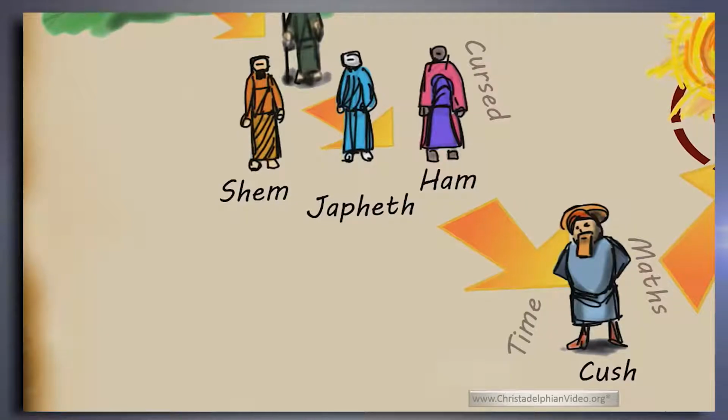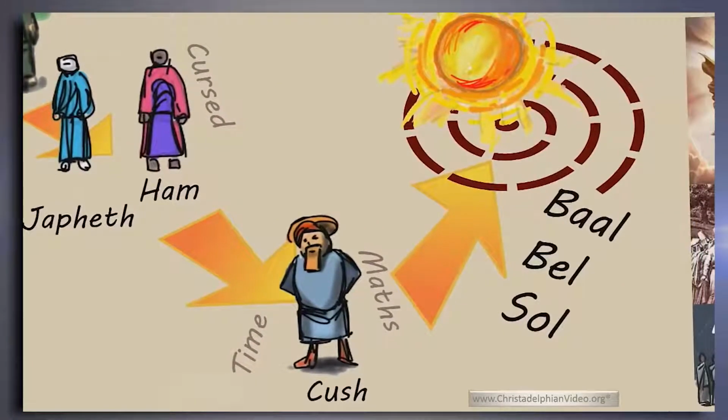And he made sure that people then, because of that special skill that he had, started to worship him as a deity. So he became known as the one of the circle, the circular one. And he became known as Baal, Bel, or Sol, depending on which culture you're in. Now you're probably going, yeah, Baal I've heard of. Remember Elijah? Yeah, prophets of Baal. Sun god, remember? Because Baal was trying to call down fire from heaven, because Baal was the sun god.